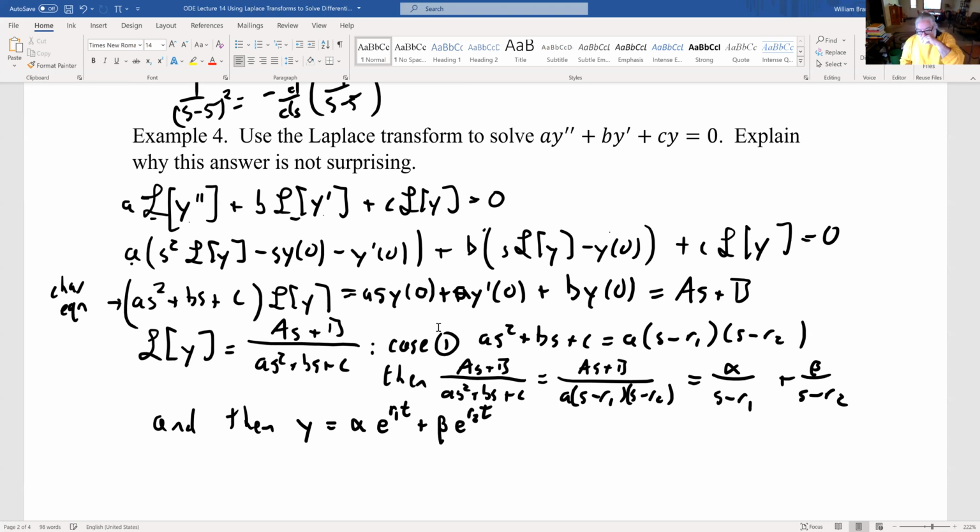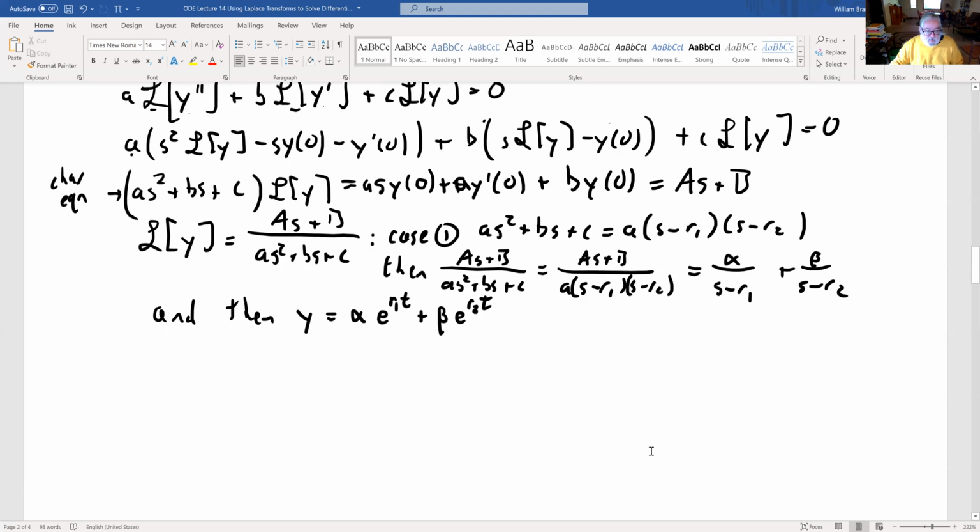Right, and if you get S minus R1 and S minus R2, then you get Y equals alpha e to the R1t plus beta e to the R2t, which is what you'd expect, right? That's how the homogeneous solutions worked out. So case 2